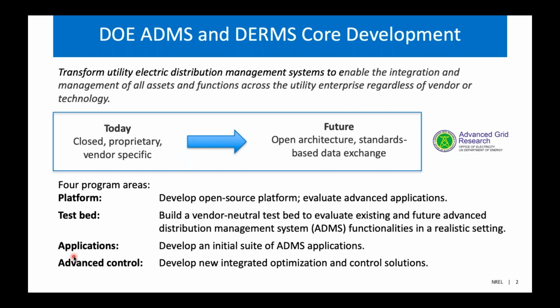There are 2 more projects. The third one is more application development. Suite of community control algorithms were developed as part of that application. The last one is also primarily going back and looking at control theory approaches that are needed for power systems. So these are the 4 main projects that were funded through Advanced Grid Research Program at Office of Electricity to really take the next generation of advanced distribution management system applications. So they're more open architecture, standard-based data exchange, so that you can integrate them easily with the rest of the legacy applications.